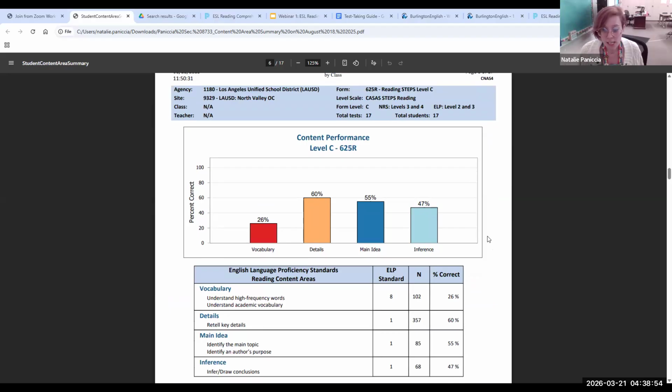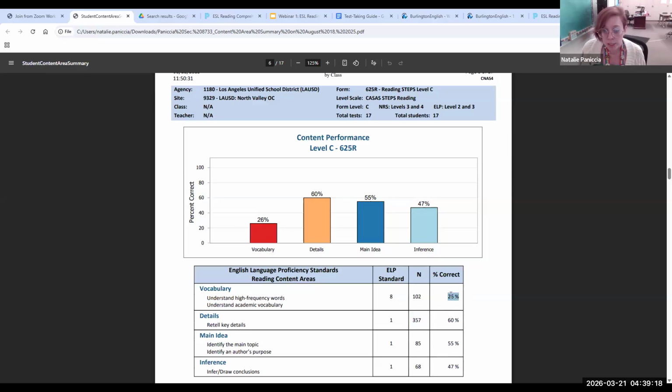And I can see that the majority of my questions are details. My students performed best in that area, but it's still probably worthwhile for me to focus on, because there are so many more detail questions than other types of questions. And then it's quite obvious that they're really struggling with vocabulary.